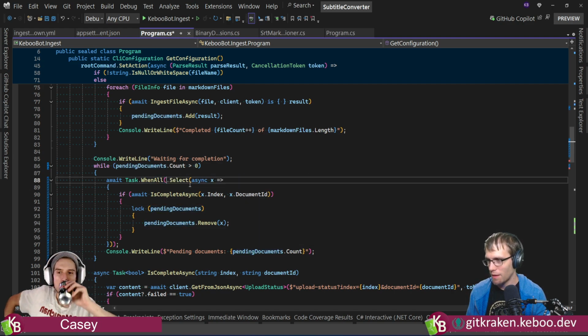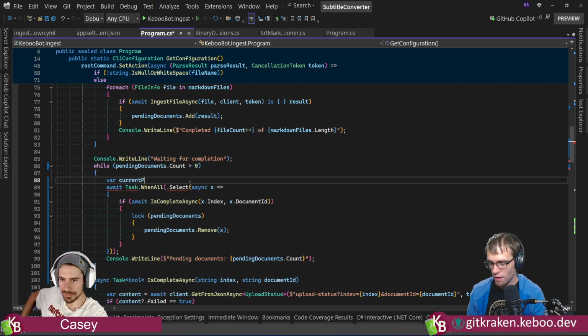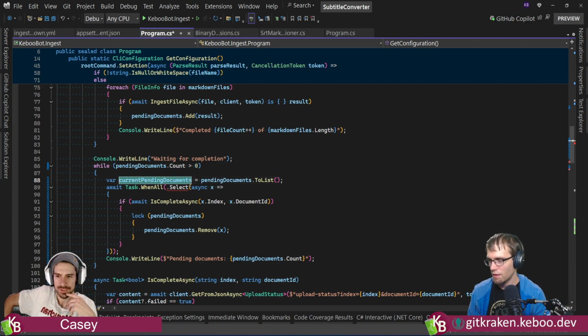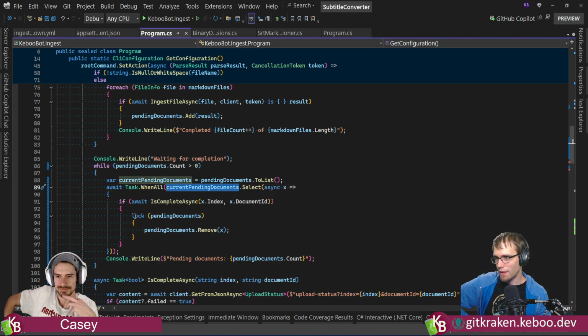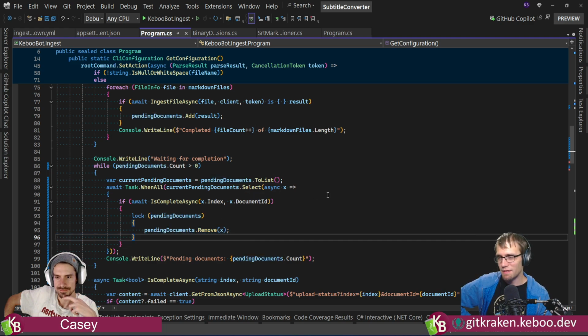Few minor tricks. Here, we'll make it more readable, right? Var current pending documents, so we'll make it obvious that we're making a copy, and then we'll feed the copy in. The reason you need to copy it is because in theory you could get all the way down to this line before this select was done evaluating. Is it realistic?